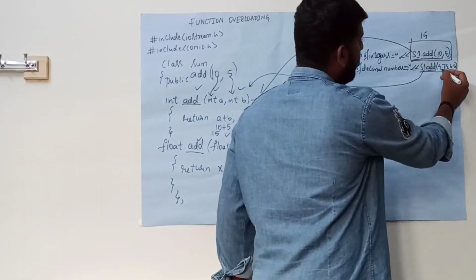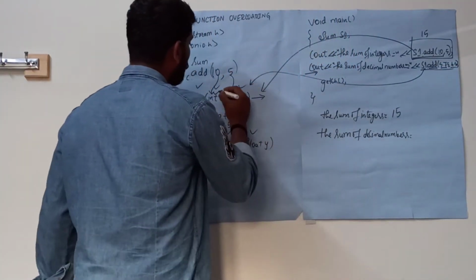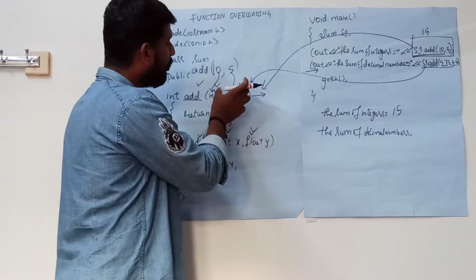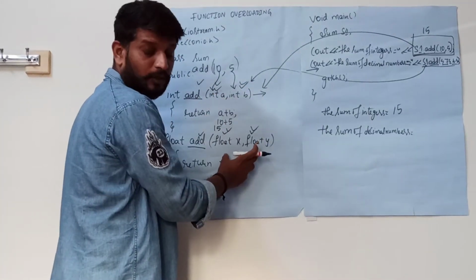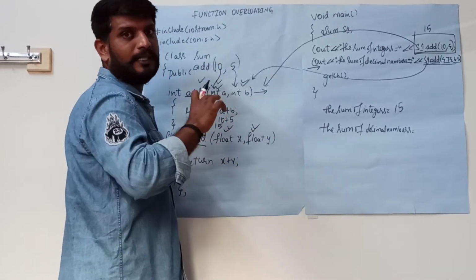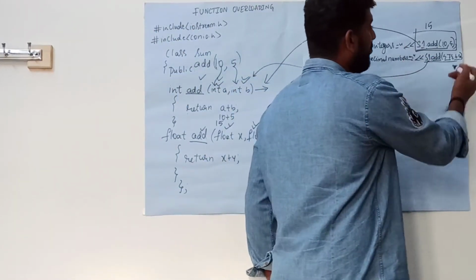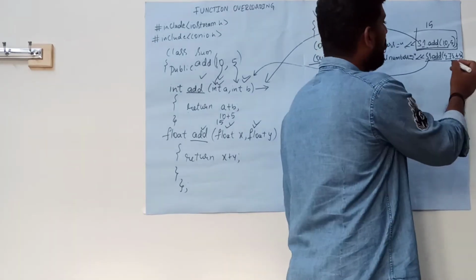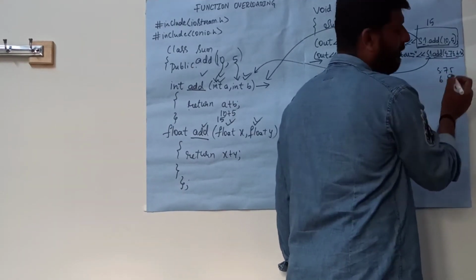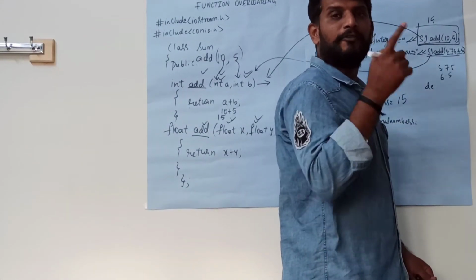Again, it will check for the number of arguments. Here there are two arguments. In both the cases, again there are two arguments, in the first case as well as in the second case. Again the compiler could not decide which particular function to execute. Again what will it do? It will check for the type of argument. Here the type of argument, that is 5.75 and 6.5. Both the values are decimal numbers. Decimal numbers are nothing but floating point values.